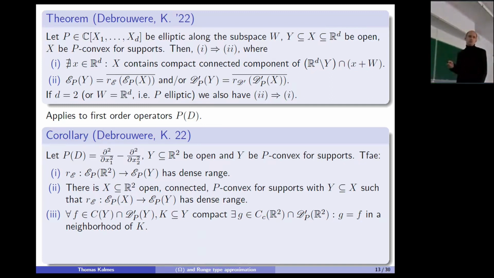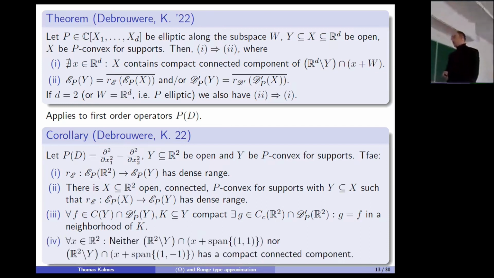which is a distributional solution of the wave equation in Y, for an arbitrary compact set K, we can find a compactly supported continuous function G on R2, which on R2 is a distributional solution to the wave equation, such that G and F coincide in the neighborhood of K. So this is a very strong form of approximation, even with equality to the approximating function. And of course, we have a geometric characterization of those p-convex for supports sets Y for